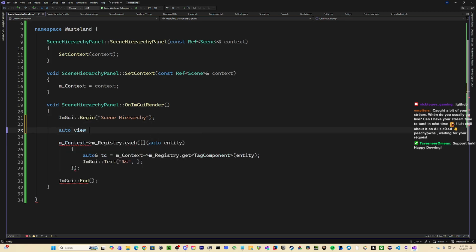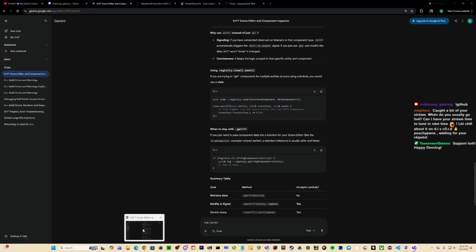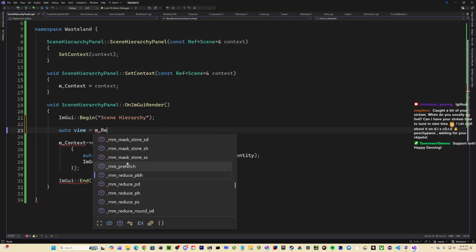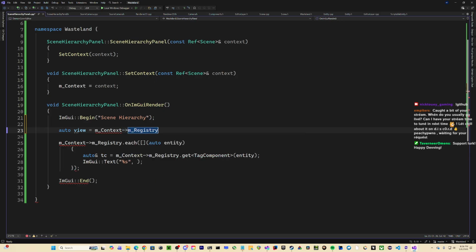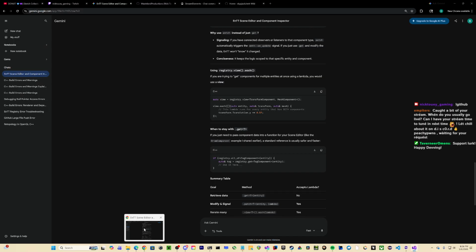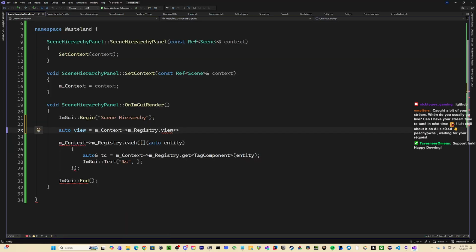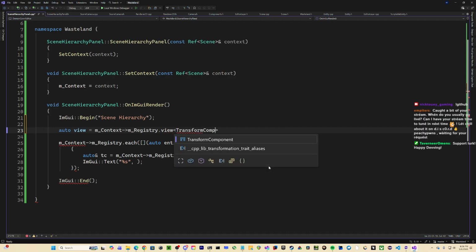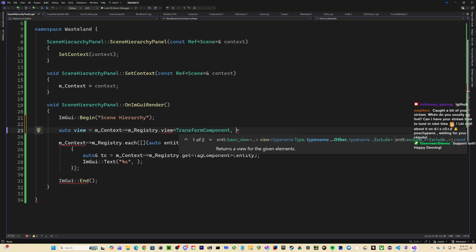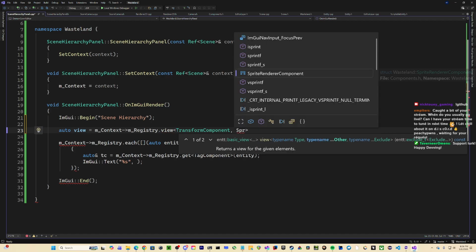Auto view equals m_context, m_registry dot view, transform component, and then since right now it's 2D, I don't need to do mesh component, so I'm just gonna keep it as, I guess, sprite render component.